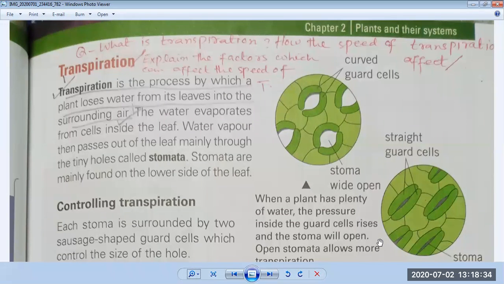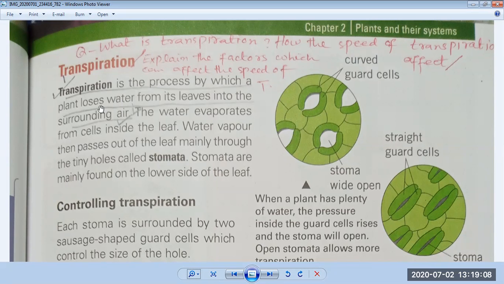Okay, this is your topic about transpiration. Before that, we have discussed osmosis, the movement of water molecules from higher concentration to lower concentration. It is another method of movement of water molecules in the body of a plant, and this is called transpiration. The other name of transpiration is evaporation, the loss of water through the leaves. The loss of water in the body of the plant through the leaves, through stomata. So this process we will study today.